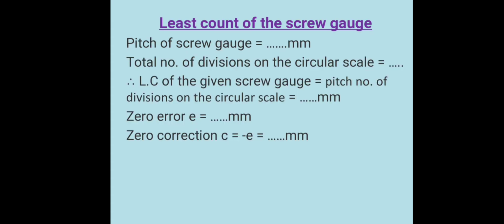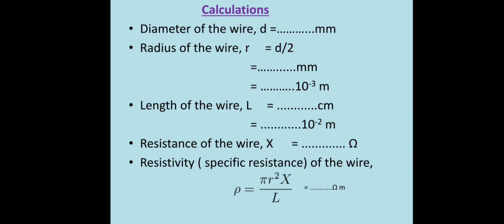Now, to find out the resistivity, we use a screw gauge. The pitch, as we know, can be calculated from there. I'll show you. So the pitch is normally 1 mm. Then the least count we know is 0.1 mm. The zero error we will calculate, and the corrected reading will be the observed reading minus the zero error with sign. Okay, let us move on to the further calculations which we require.